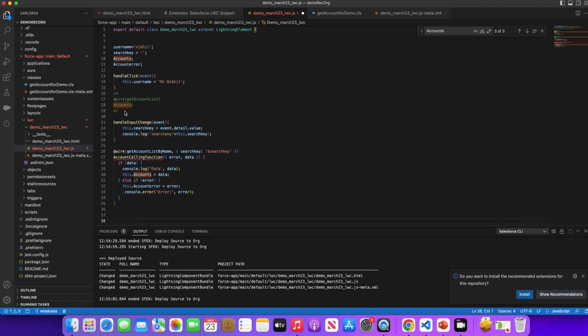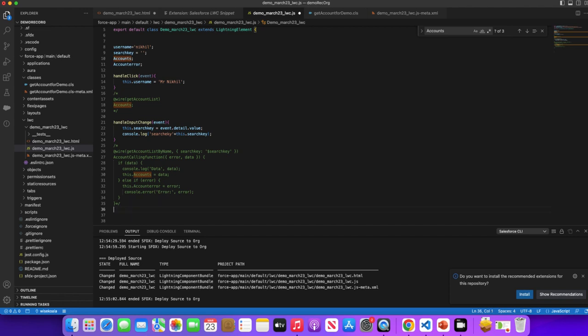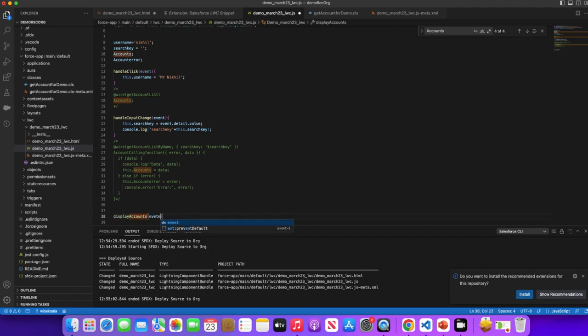So first of all, I'll comment out this part. Now I want on the click of our button, which is, we have two buttons here. One is this one and another one is this. I'll write on click. I'll say display, sorry, not in double quotes, right, display accounts. I go here like this, display accounts, event,